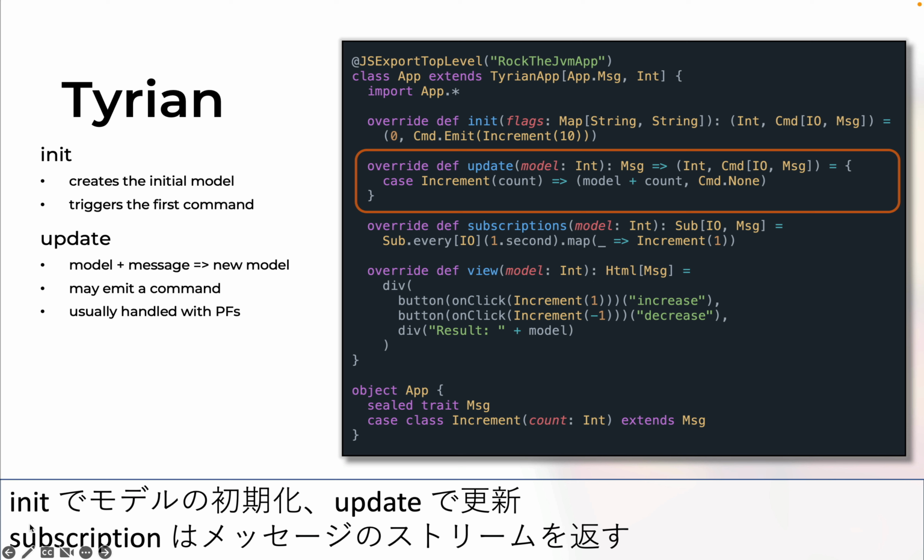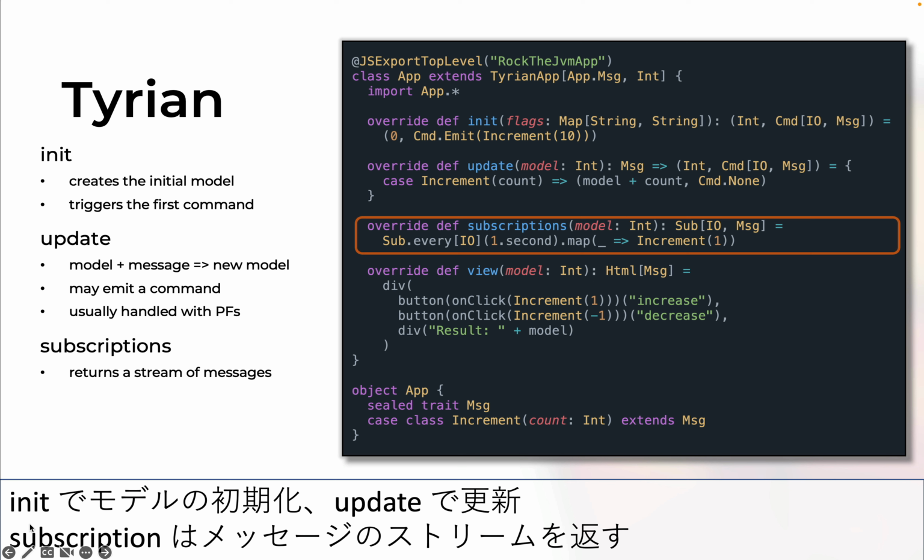The next function that we need to implement in a Tyrion application is called subscriptions. Subscriptions is just a wrapper over an FS2 stream. Whenever a new element is sent inside the stream, this will simply emit a new message, which will then later be handled by the update function. One example you can see here on the screen where every second we emit a new message, which is